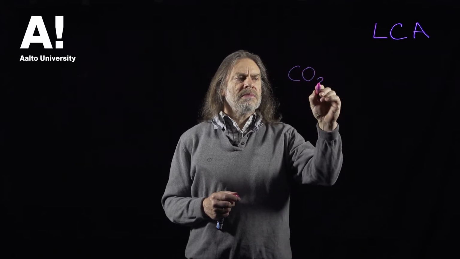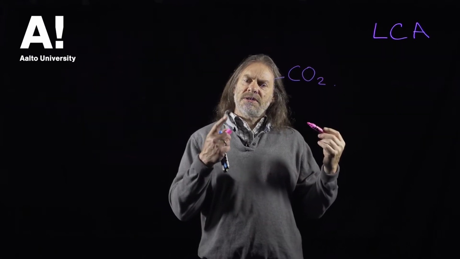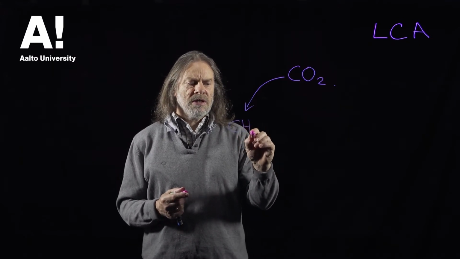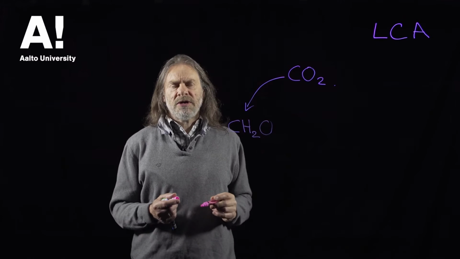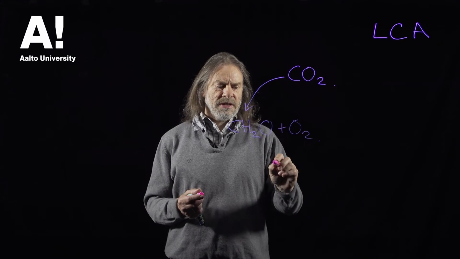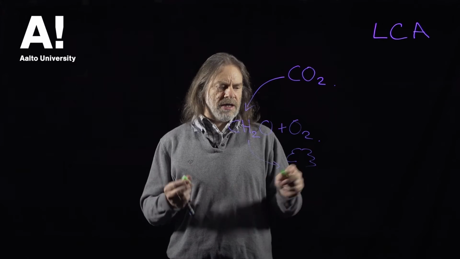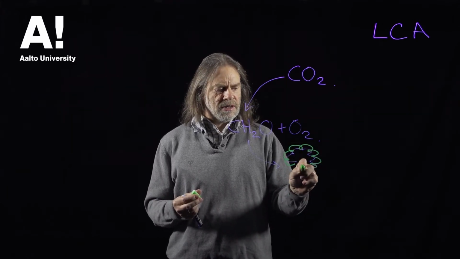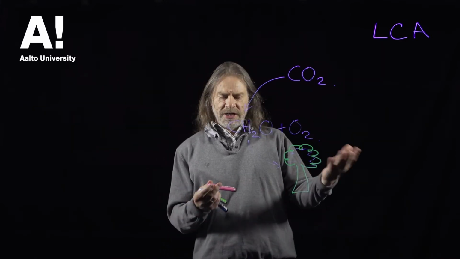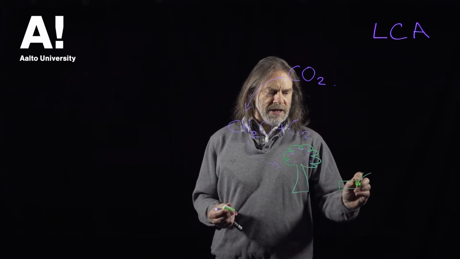So, as I mentioned in another part of this course, carbon dioxide is absorbed by timber, and in the process of photosynthesis it makes carbohydrates. That's a generic formula for carbohydrate, and it gives off oxygen. So that is in the trees, which I suppose I should do in a different colour to make it more realistic. So there's a nice tree, and eventually the tree falls over and dies, and then it begins to decay,